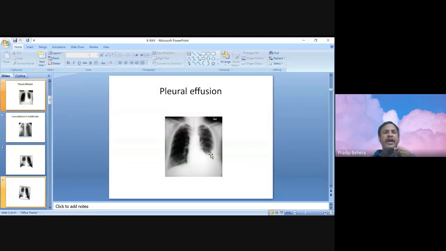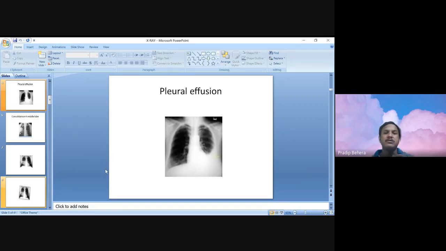You should be able to answer questions related to pleural effusion. Basically, they show you an X-ray, to see whether you can identify it. Then they ask further questions regarding pleural effusion. What are the causes of pleural effusion? What are the causes of left-sided pleural effusion? What are the causes of bilateral pleural effusion? Then they will ask what is Light's criteria, what is a transudate, what is an exudate. So just prepare for yourself accordingly. What is the difference between transudative fluid and exudative fluid, in which condition there will be bilateral effusions. So you should be able to enumerate all the causes.